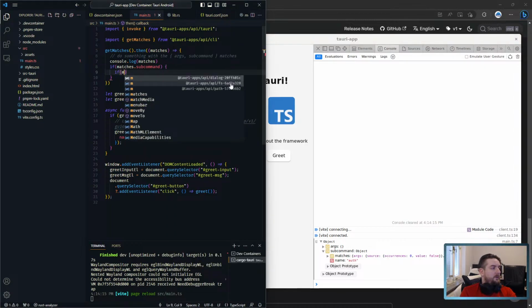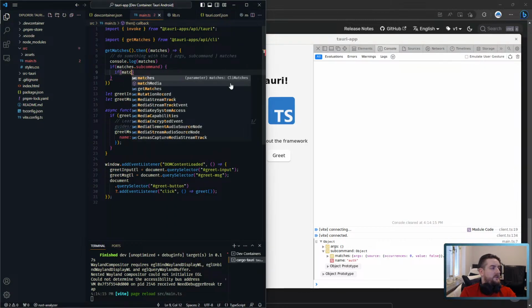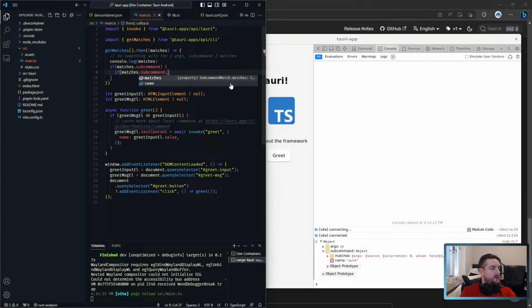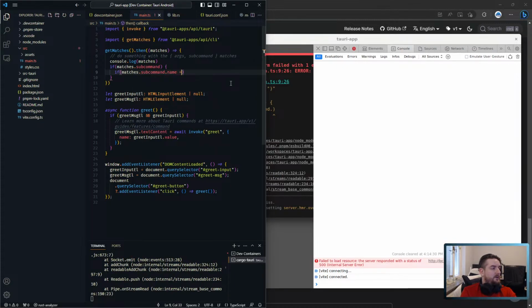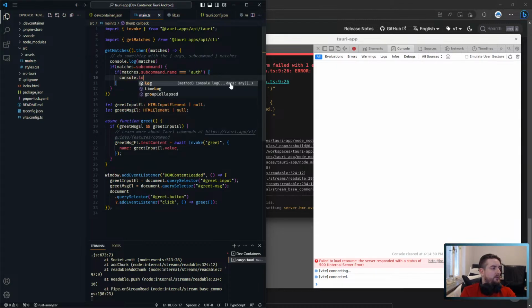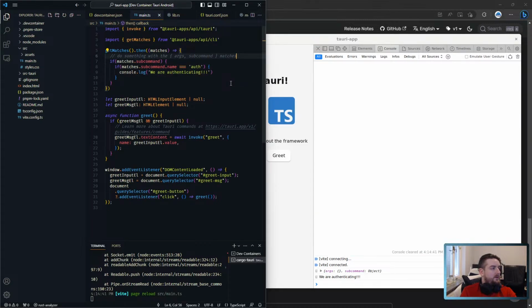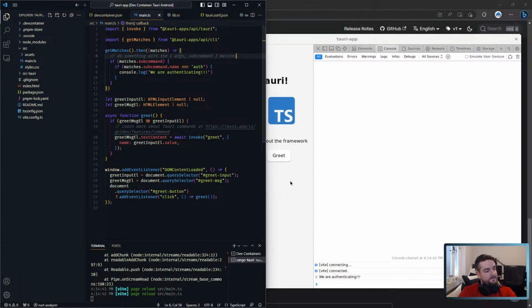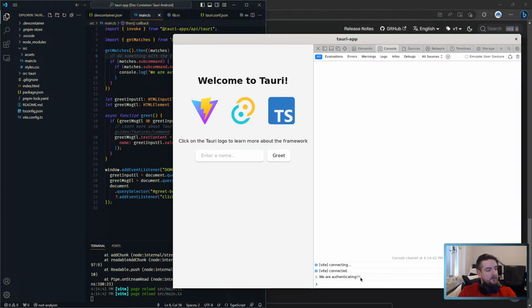If matches.subcommand.name equals auth, console log, we are authenticating. Now we can see we are authenticating again, but now we want to exit the app as well, because that's